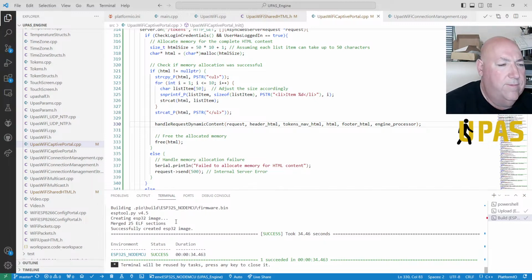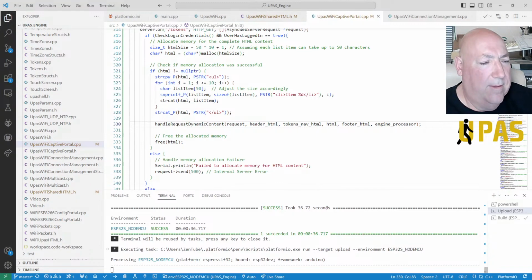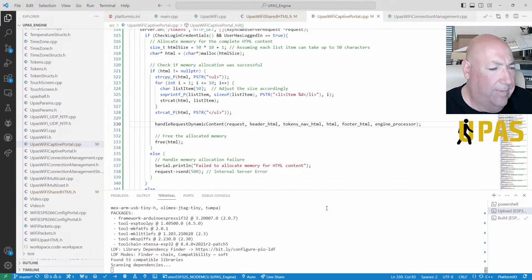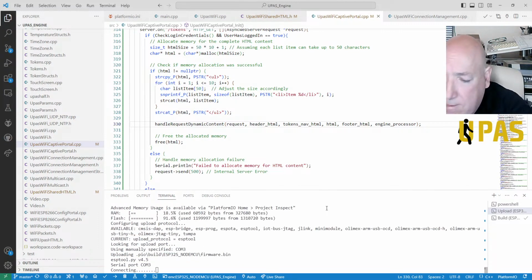Right, so we've compiled okay. Let's program the ESP32 and have a look, see if we've managed to sort it out. Give it a go. Right, let's press the old buttons.